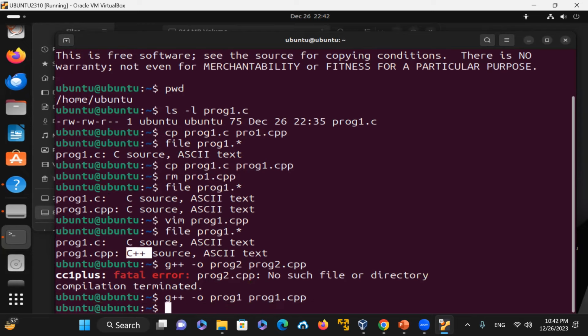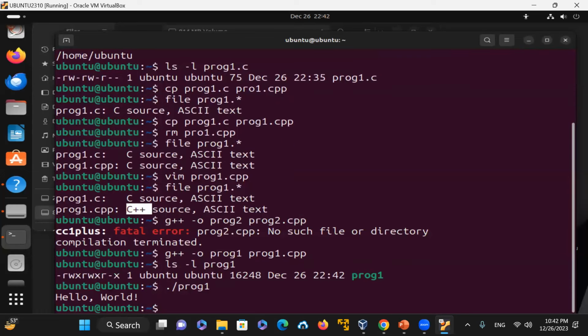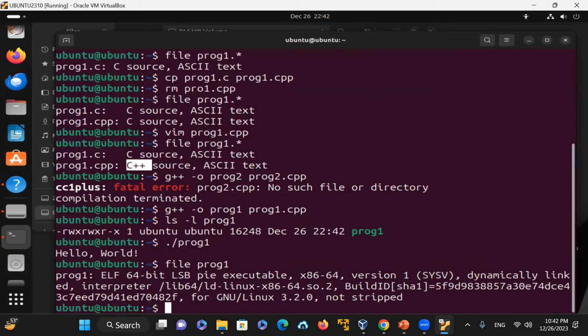Only the extension is different. So now I just generated a file called proc1 for the C++. Now I run proc1 and it will say hello world. Running file on proc1 shows it is just a C++